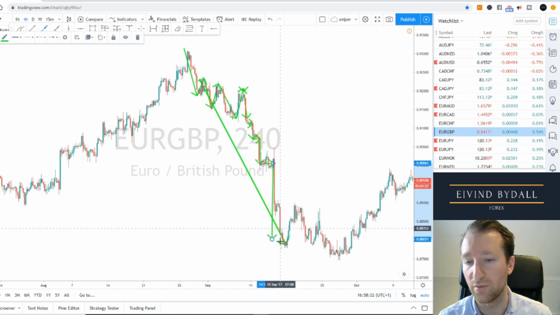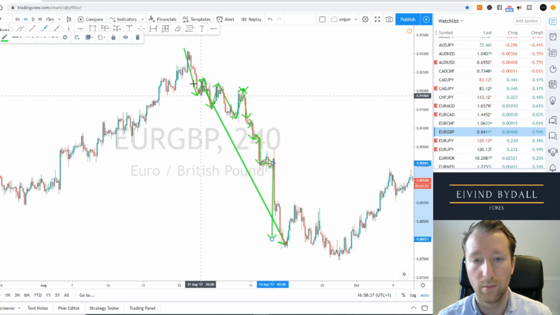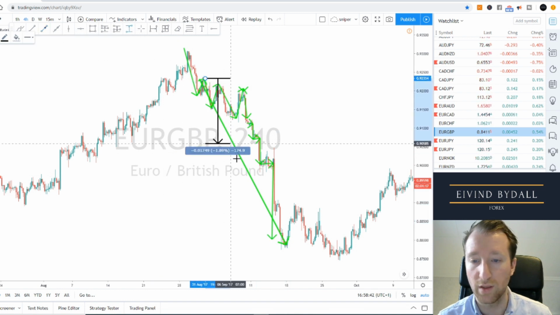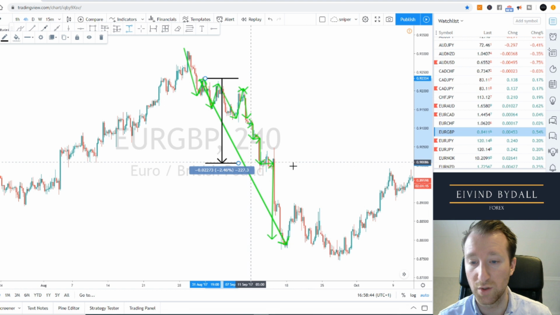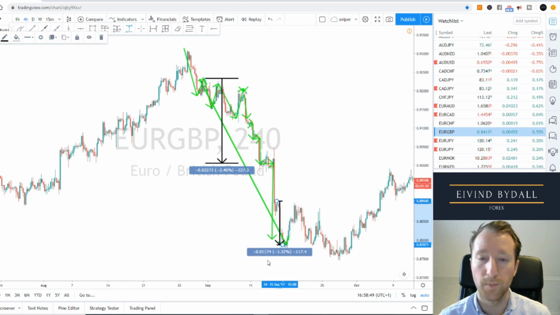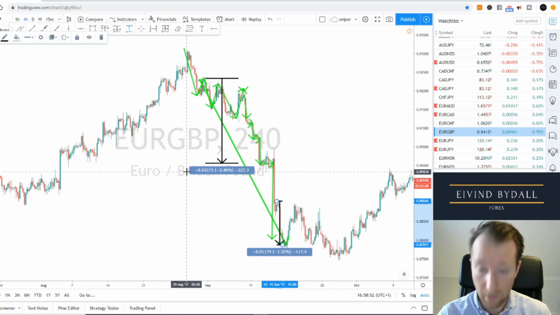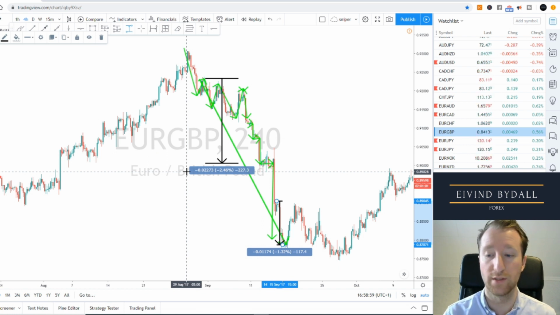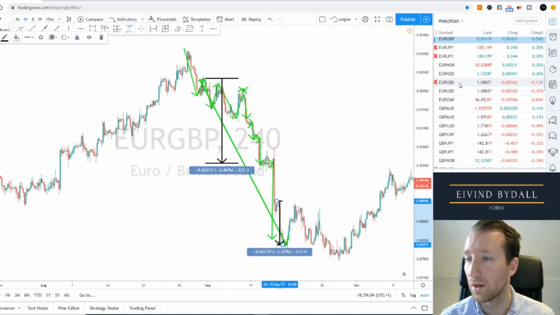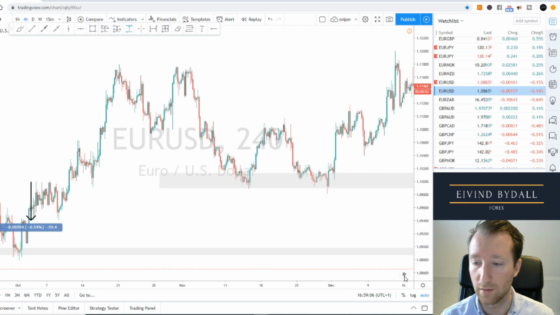I think I took profit in here. I think I also took profit in here and then I sold here again. So I don't think I got this move. But I got this move. And for me, that was the breakthrough that I got as 200 pips. And then here was like 110 or something. So this, for me, I found it so easily and so fast. For me, this is my dream trade and I want you to have it too. Okay? Then I want us to go back to EURUSD.